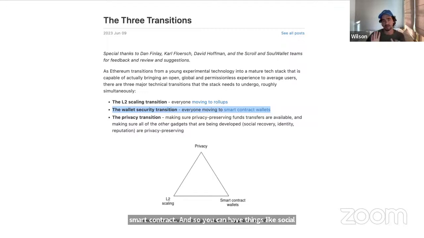You can have multi-sig requirements, M of N. You can have transaction limits, spending limit specification. You can have rules around which things can get called. And importantly, it also allows key rotation, where normally if you lose your private key for your address, you kind of lose control of that address and you need to migrate to a new one. With a smart wallet, if you're worried about one of your keys being exposed, you can just rotate your signers, but you still keep that address and all those assets stay there.